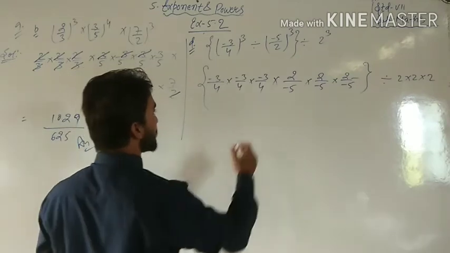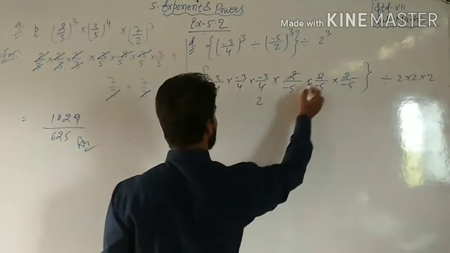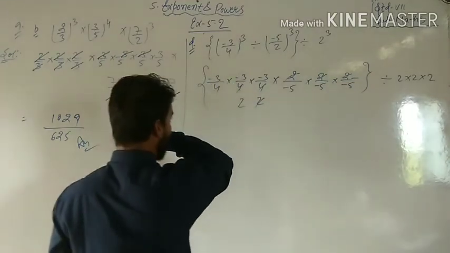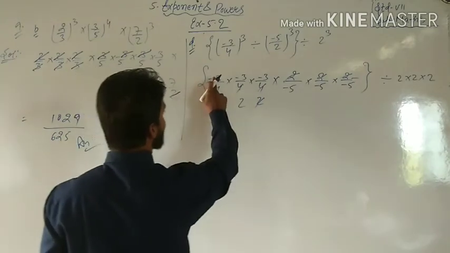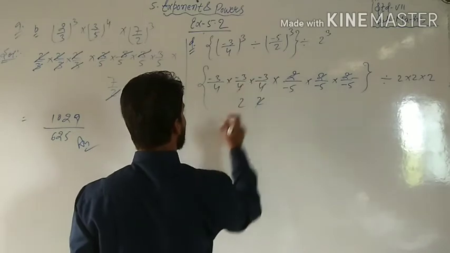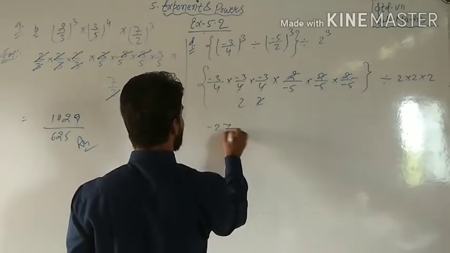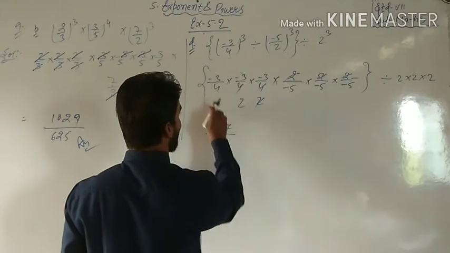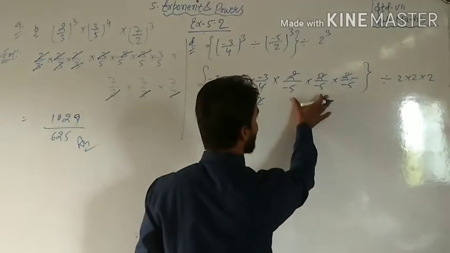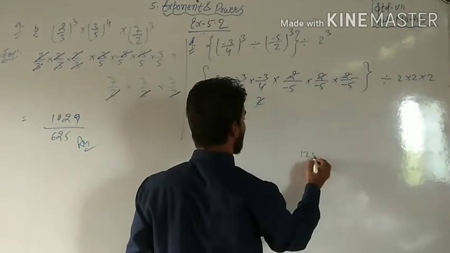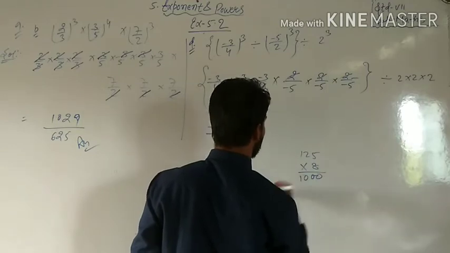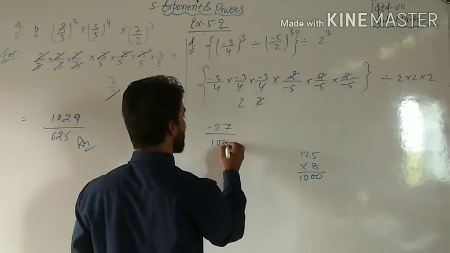Now see what we have done. 2 to the 4, 2 to the 4 cancel. Minus 3 into minus 3 into minus 3: minus 3 into 3 is minus 9, minus 9 into 3 is minus 27. It's okay. By 4 to the 8. 5 fives are 25, 25 fives are 125. 125 into 8 is 1000. It means here will be 1000.